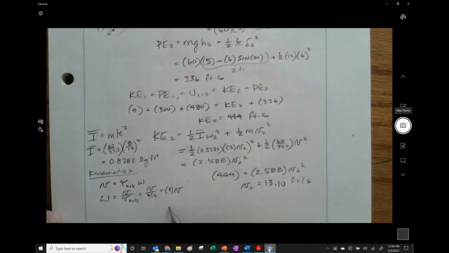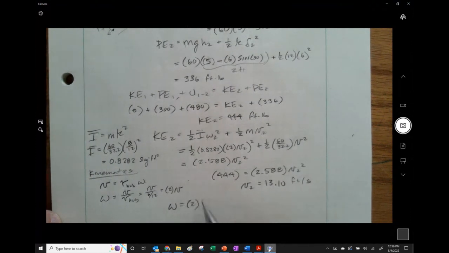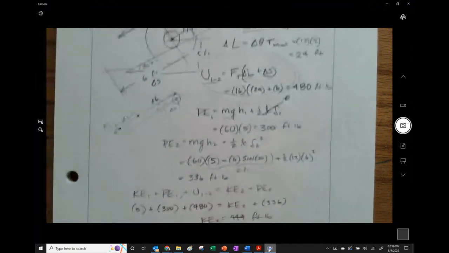So omega is going to be 2 times v, so 13.10. We ended up with just 2 times that, or 26.20 radians per second. But let me go back, because of course, I've just on the fly decided